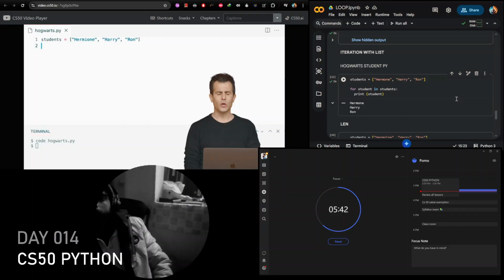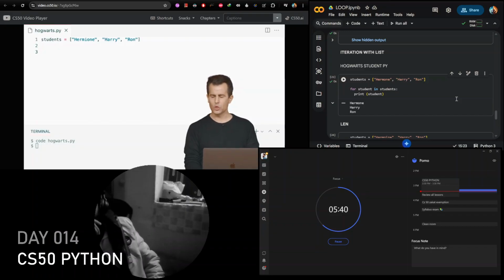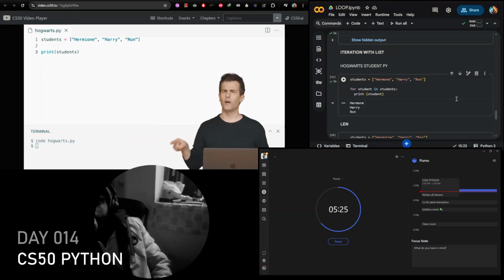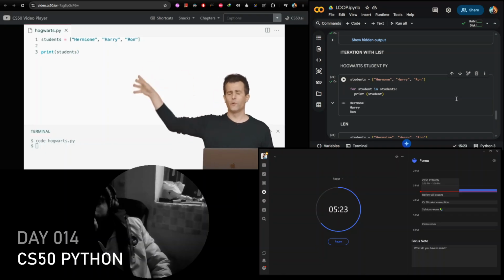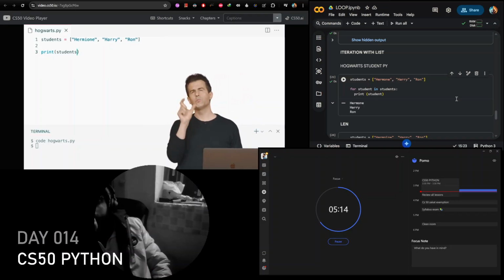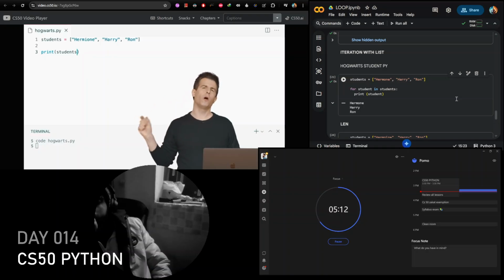And this isn't very useful at the moment, but let me just do something as a check for myself. Let me print out each of these students. Well, wait a minute. How do I print the contents of a list? Well, in the past, when we've printed a variable, we've just printed out the name of the variable. But I don't want to print out all of Hermione and Harry and Ron all at once. Maybe I want to print out Hermione first, then Harry, then Ron. So I need a way to express more precisely which value I want from this list.